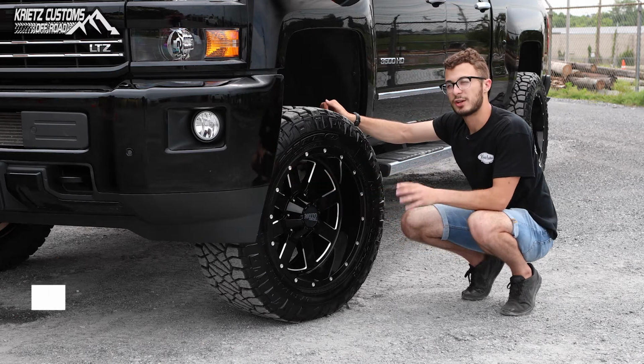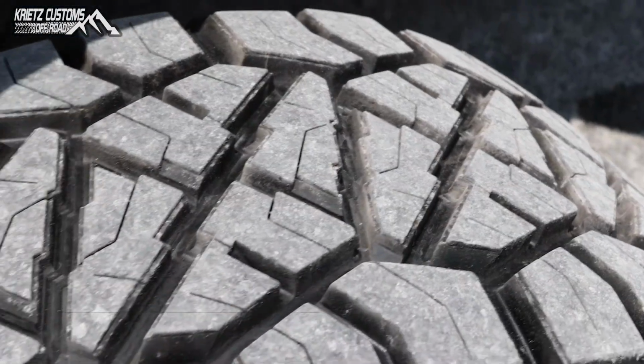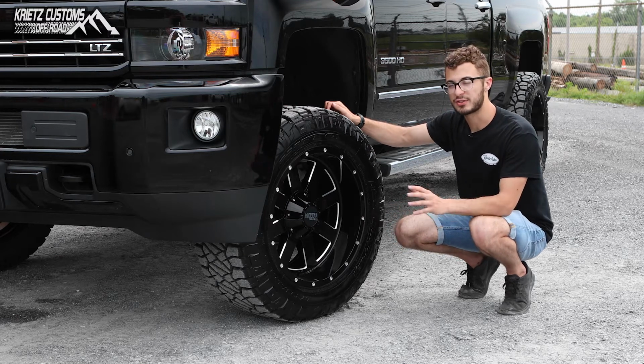The tire is going to be a Nitto Grappler. The size is a 295/60 R20. The Grappler is one of Nitto's most popular tires and it's one of our favorites as well. We choose it because it's a great hybrid tire and it's going to be quiet on-road and has great traction